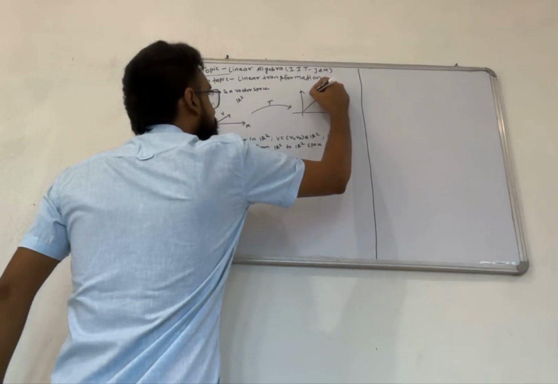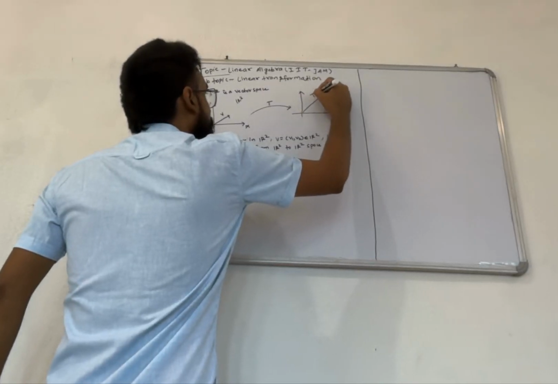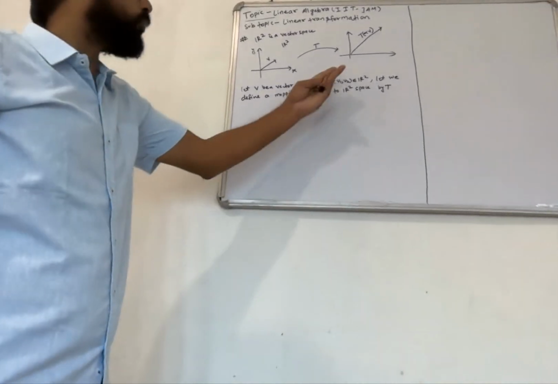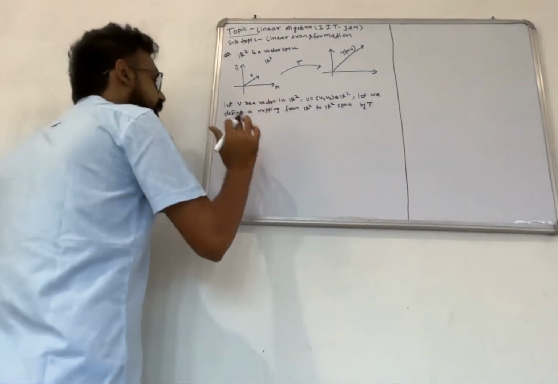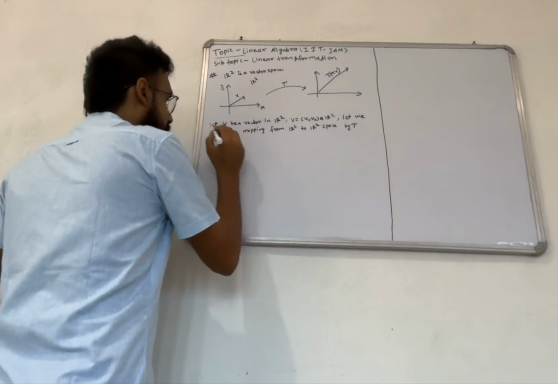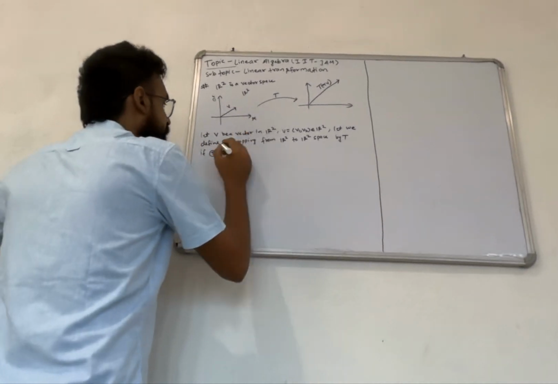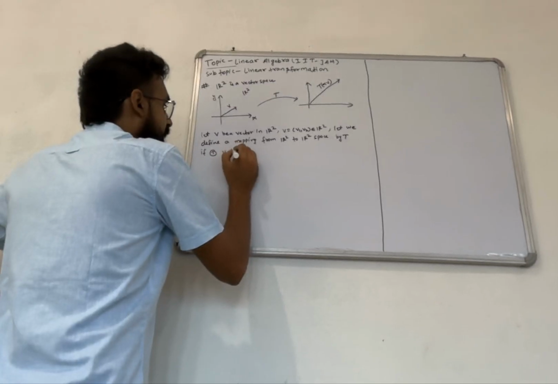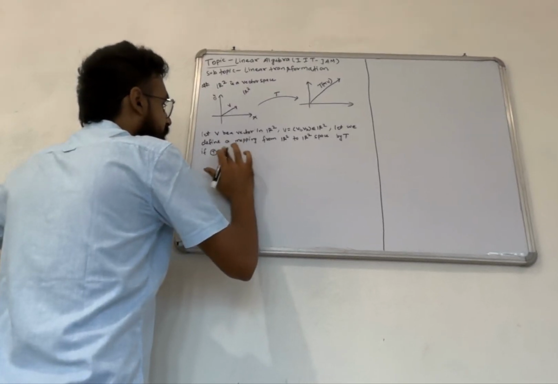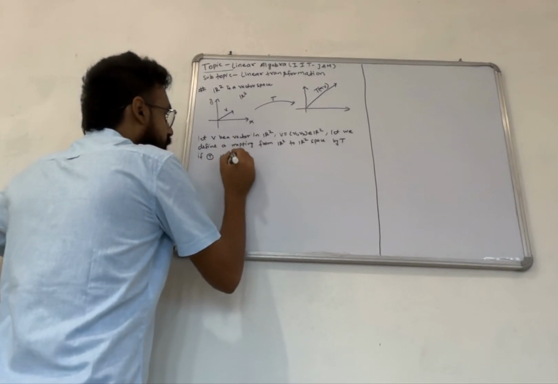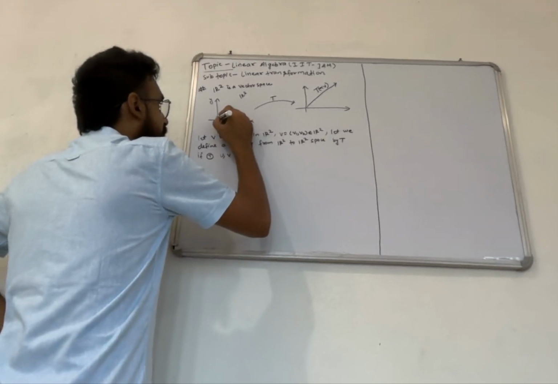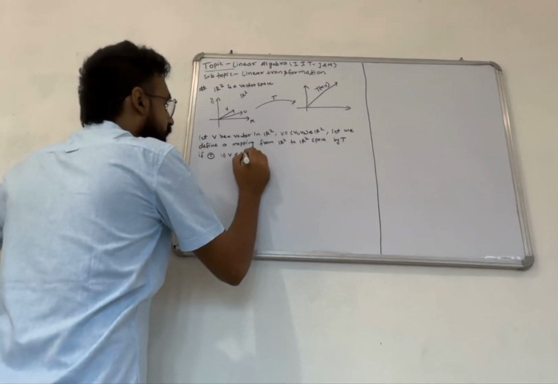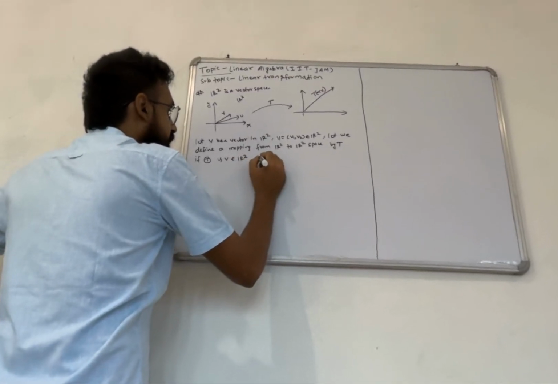This is our T of alpha V. So what does that mean? Let U and V be two vectors in R2, and if T of U